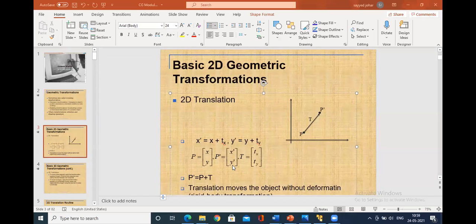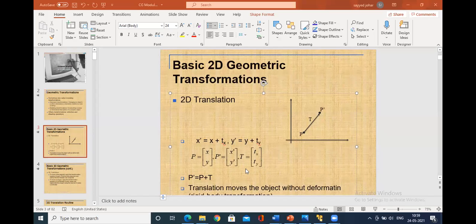The translation parameters are Tx and Ty. X dash is the previous value of X plus the translation factor Tx. Similarly, Y dash is Y plus the translation factor Ty.